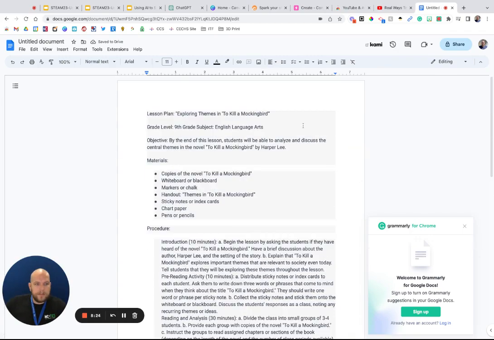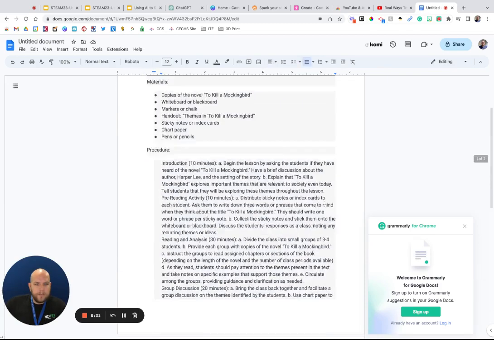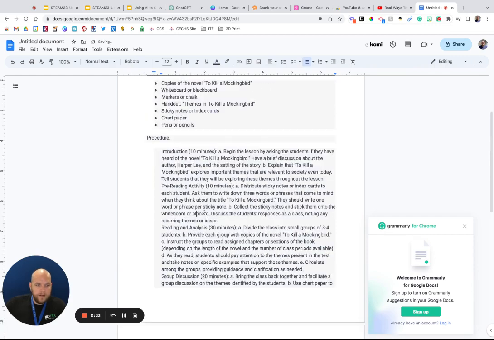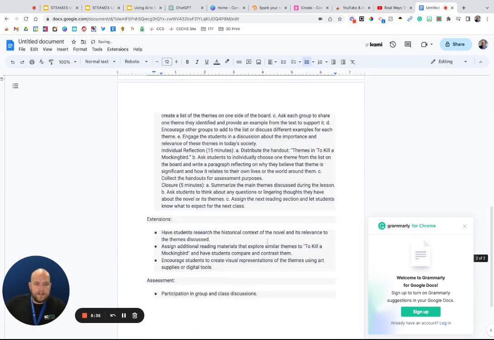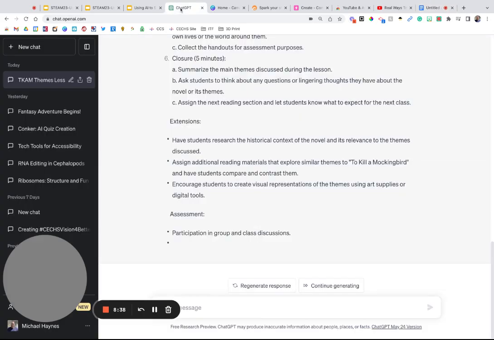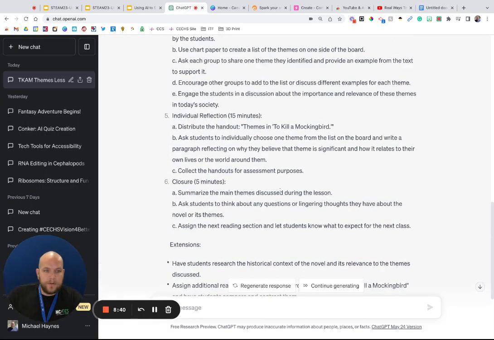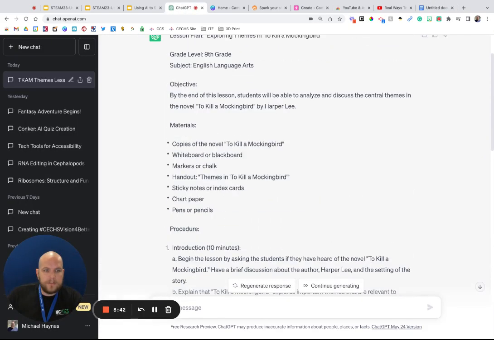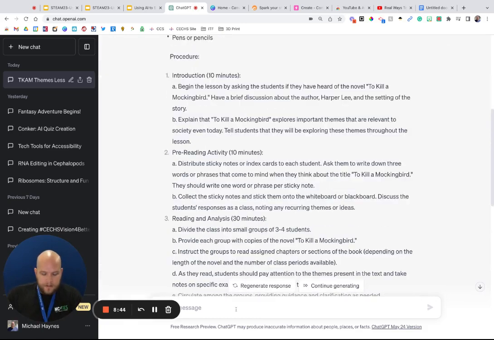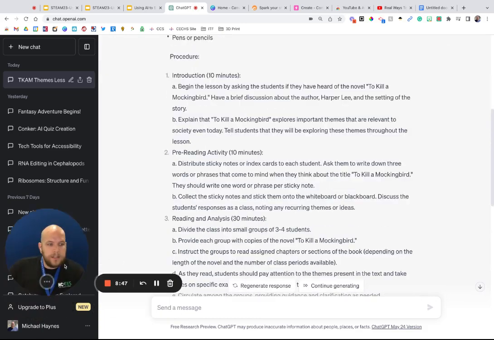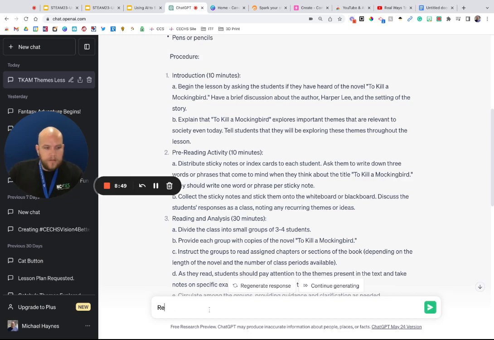I may carry over some things from ChatGPT, but I can always go in and clear that out if I need to. But I can also leave it as is. And these are all editable fields, so I can go in and change what I need to or adjust. If there's something I want to change, say I don't really want this for the entire book, I could tell ChatGPT, rewrite this lesson just for chapters 1 and 2.